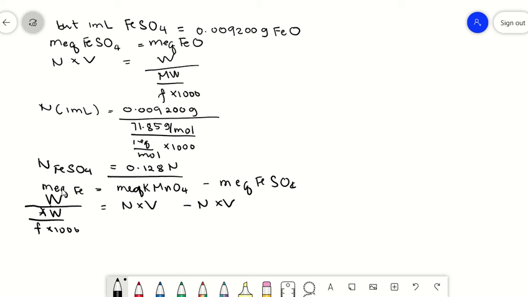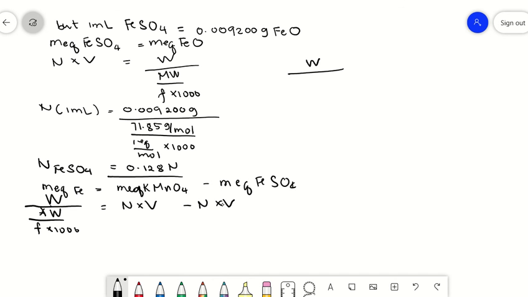So the milliequivalents of iron is equal to the milliequivalents of potassium permanganate minus the amount used for back titration. As I've said, you can simply put this ferrous sulfate with this iron and add it to this, because they are both reducing agents. Substituting, we make use of this value since we have already computed the normality previously. We know the volume, we know the normality, which we computed as 0.128, and the volume. So, the weight now,